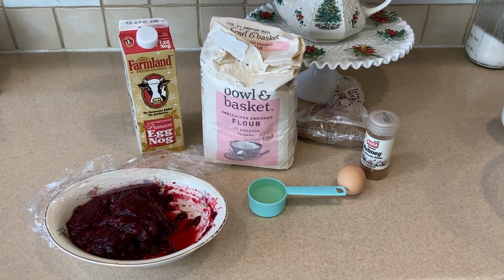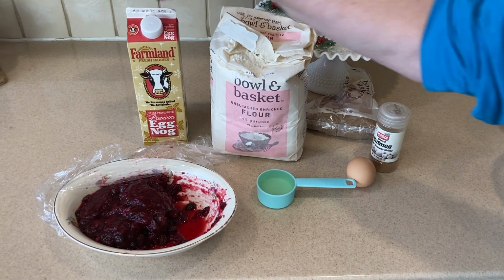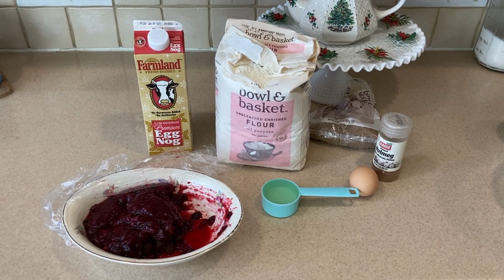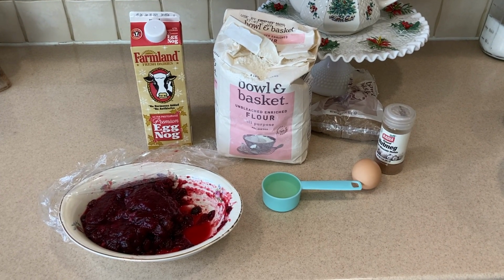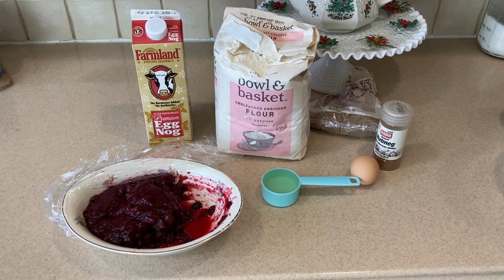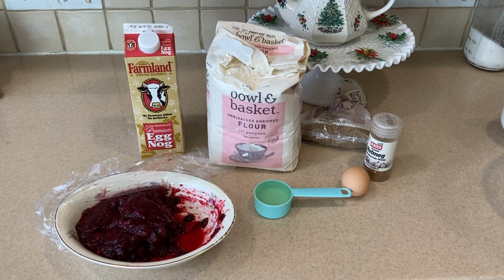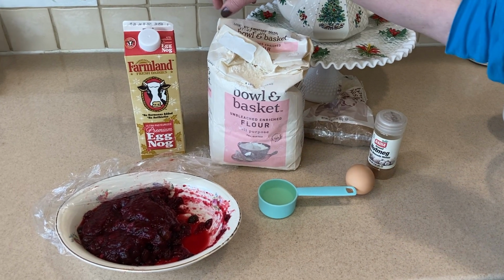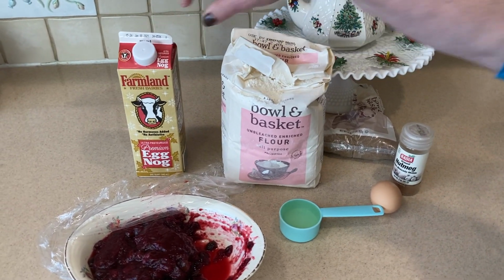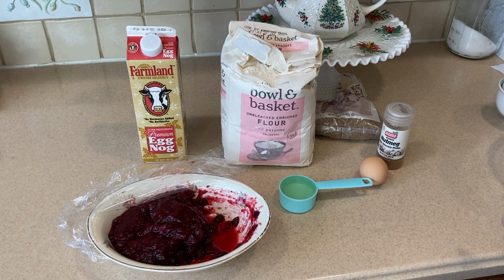And I'm also going to show you how to use up some cranberry sauce and some eggnog in a delightful muffin recipe. Super easy. Using up what we have, we don't want to waste food. So if we can create something else with it, muffins will pop into the freezer beautifully. And then when you want them, you just take them out and let them defrost. This original recipe did call for milk, which you certainly can use, but I have some eggnog I want to use up. So I am just going to sub out the eggnog for the milk,